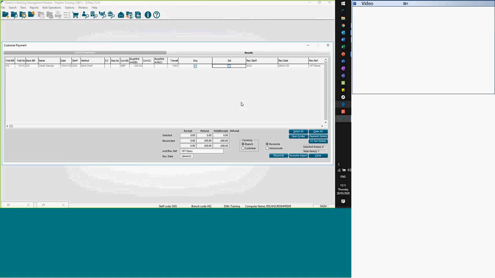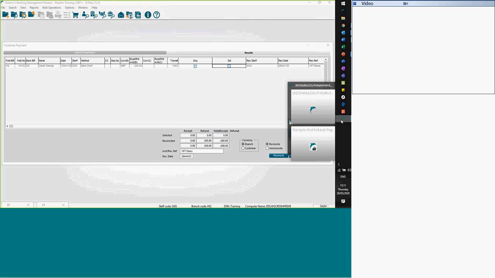Cool. So if you hover over, I have my toolbar on the right-hand side of the screen, which annoys a lot of people. Right at the bottom of the icons, you should see Dolphin, an icon on my toolbar. So you can see that you've got the receipts and refunds report that's still open against Dolphin. So if you click onto that,